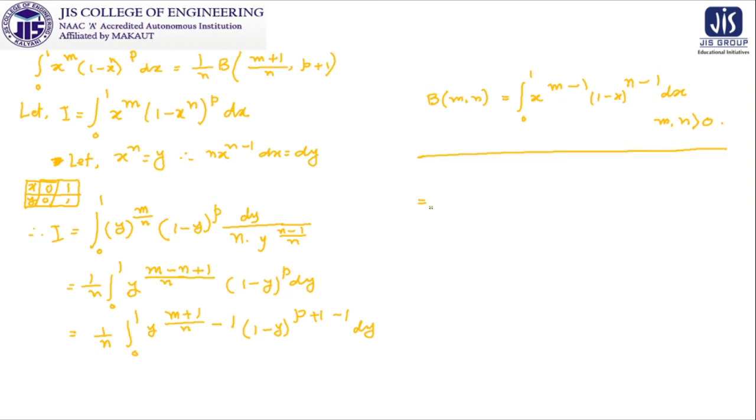So comparing it with the definition of beta function, what can we write? It will be 1 by n, as for this one, beta. Then what is this m? Comparing it with this one, we can write it as m plus 1 by n. And what is the value of n for this comparison? It is p plus 1. So we can write this integration in the form of the beta function by this. And once it is written, the required thing is already achieved by us.